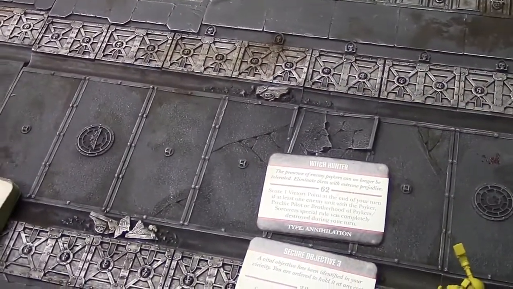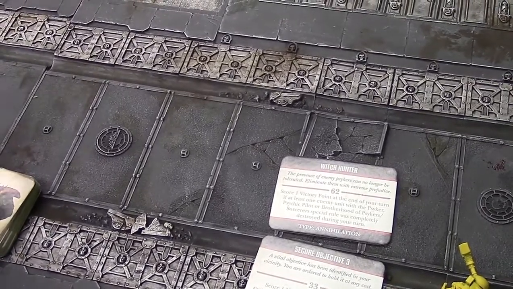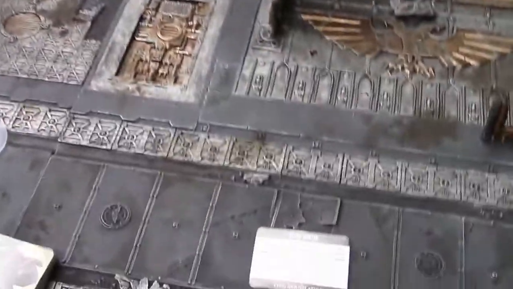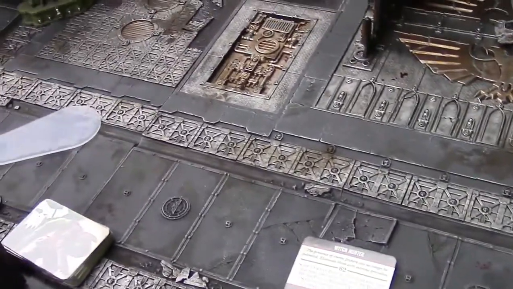Score a victory point at the end of your turn if at least 1 enemy unit with a Psyker, Psychic Pilot, or Brotherhood of Psychers special rule was completely destroyed. Yeah, that's those guys, and I don't think I'm going to completely destroy that one, but objective 3. Whoops, we had a little crash there. It's all good. Objective 3 is...